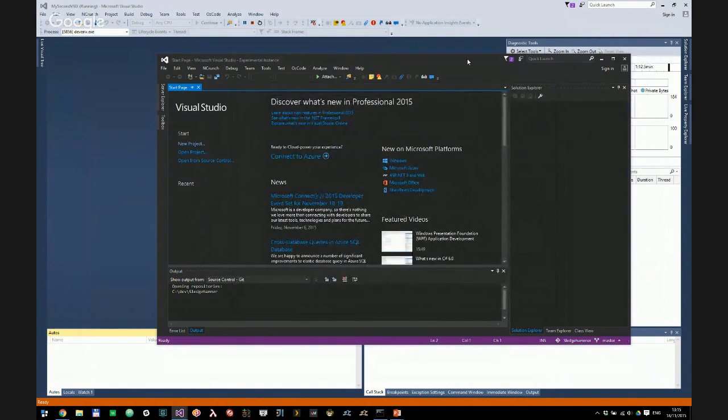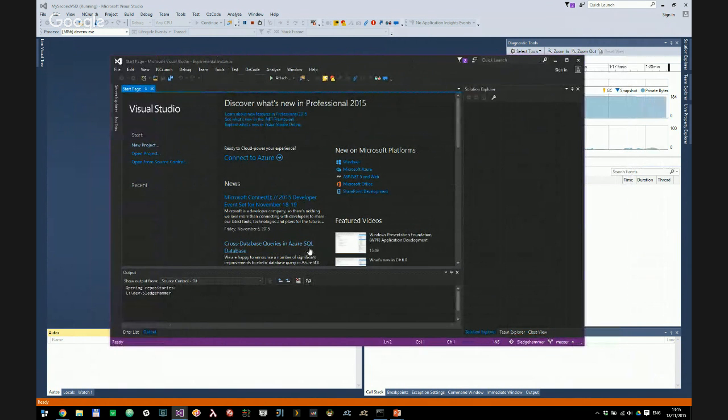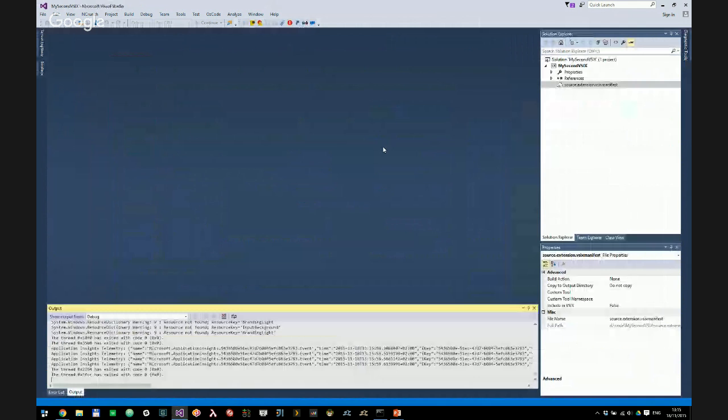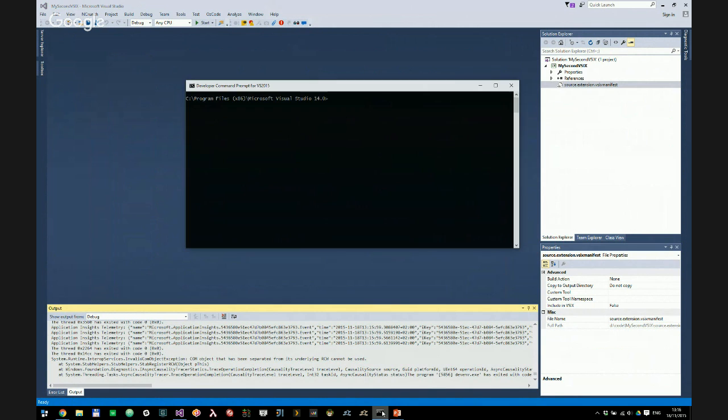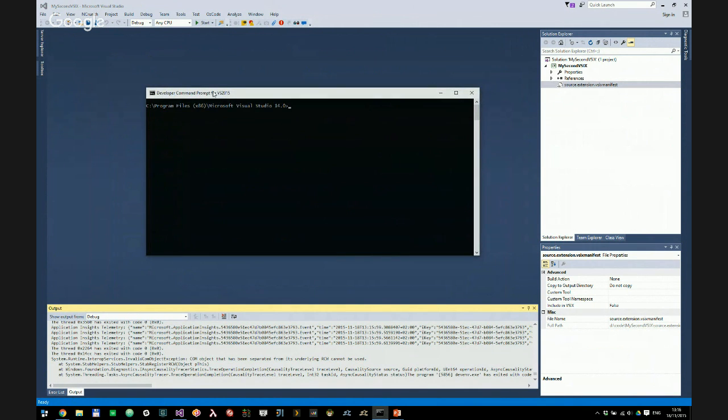So before going further, I would like to explain what this experimental instance is and where it came from. You will notice that this is a different looking Visual Studio instance to my own. To understand what an experimental instance is, I need to explain what Visual Studio hives are. Now, Visual Studio is built for multi-tenancy, which means that you can use different profiles, if you will, of Visual Studio for your work. If we open the Visual Studio Developer Command Prompt, which is essentially a command prompt with some environment variables for Visual Studio configured,